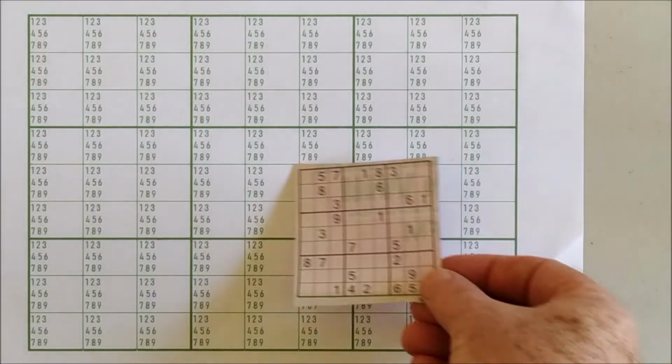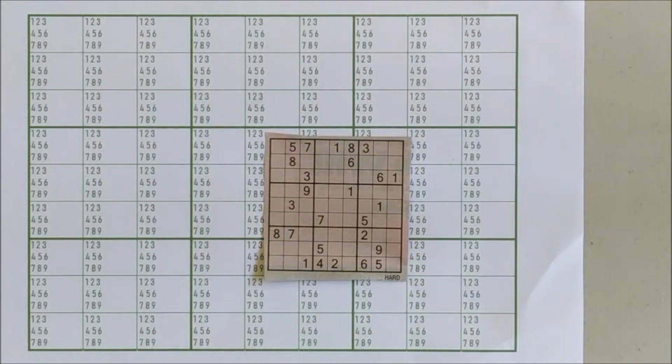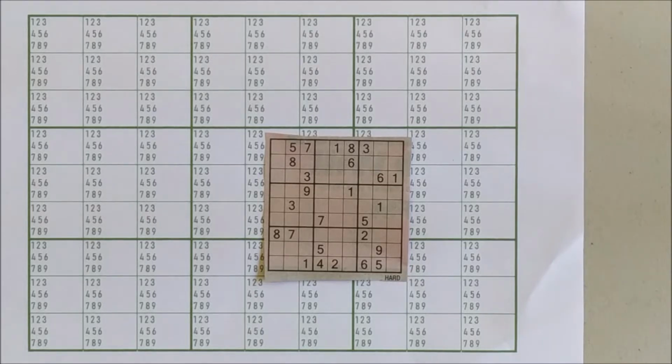Most of the time the newspaper will give you a problem that looks something like that, and frankly I find it a bit too small to write all the small numbers. Everybody has a different way of solving it, but usually it involves little small numbers. So instead what I've done is I've made my own grid with the numbers 1 to 9 in each of the cells, and by eliminating them with a big black marker we can isolate what the solution is